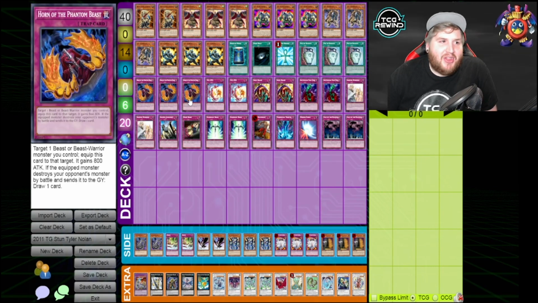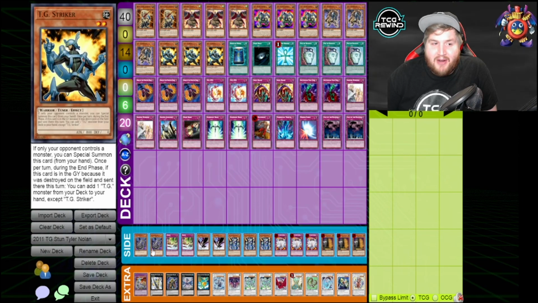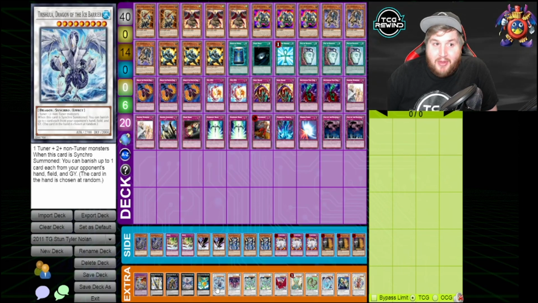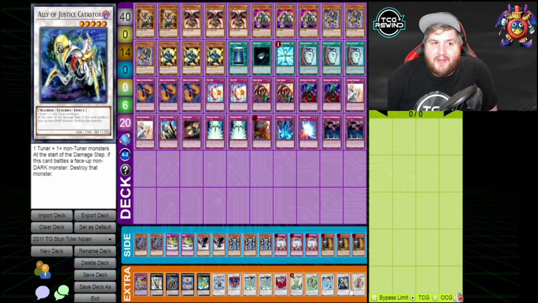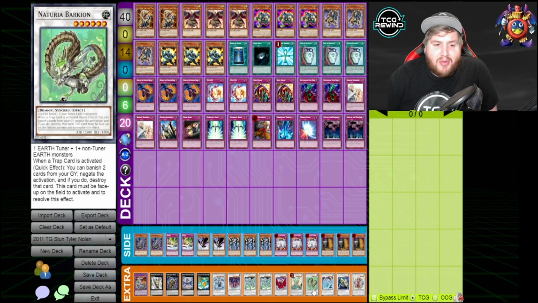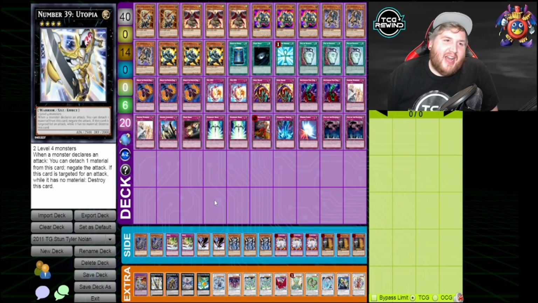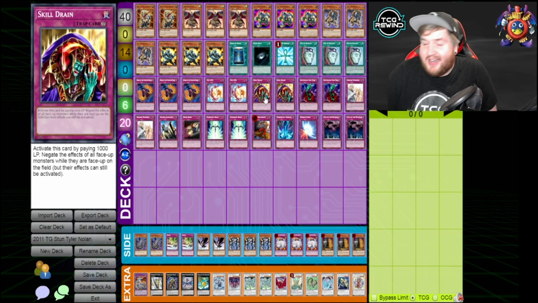Duality's virtually nothing. Horn of the Phantom Beast is, I don't think, very much, but yeah, it's a pretty easy pickup, and the extra deck barely matters in this. I mean, Trishula is probably the most important card because you can summon this pretty easily, and then Wonder Magician, level 5s, maybe level 6s as well, like your Bryanak and Barkion, if you want to go that route. But yeah, it's nothing too crazy. I'd say you do access the extra deck in this more so than other stun decks, but for the most part, you're just floating around with your cards and stunning them out with the likes of Skill Drain,